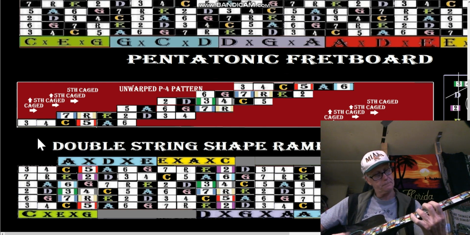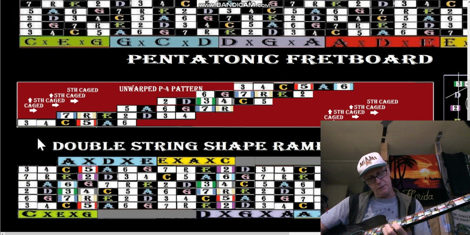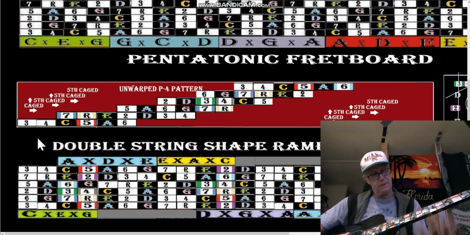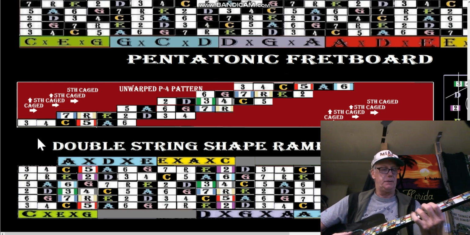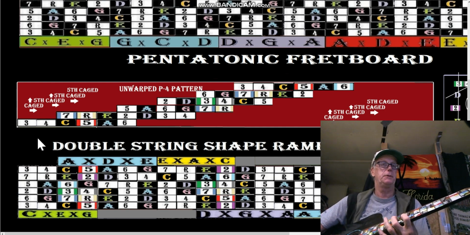Okay, we're in the G box now. Okay, one more time with that. We got C to A, then we go up a 4th, E to D to A. Now we're in the G box. Remember, 3 strings up, we're in the G box. Now we can play